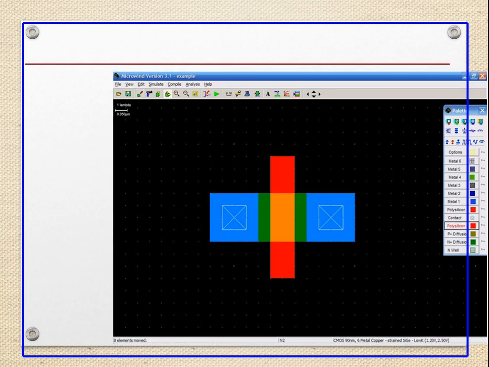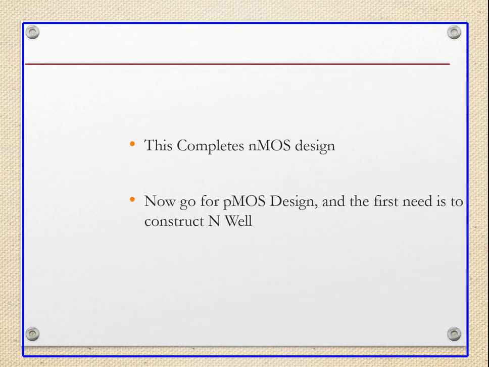Now as I told you, as the layers are put over the other layers, there is no direct contact, there is no connection till we put a contact over there. So we have a P substrate and over it we have put the N plus diffusion, but there is no contact between the P substrate and the N plus diffusion till we put a contact. This white color square box is nothing but a contact. That is put on both sides to have the connection between this P substrate and the N plus diffusion. So this completes the NMOS design.